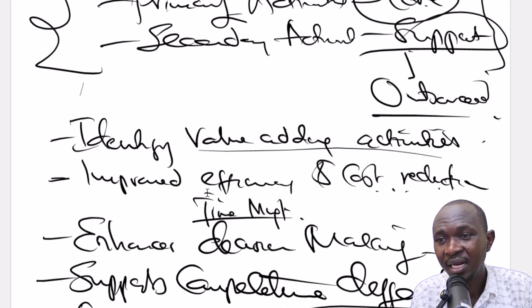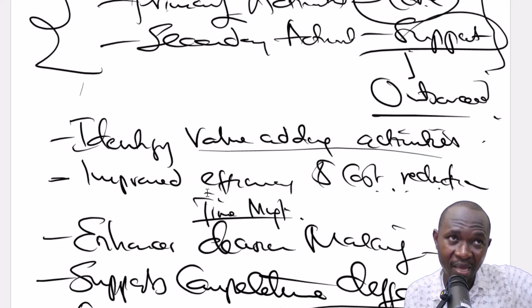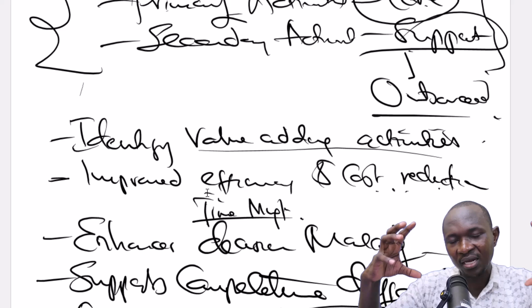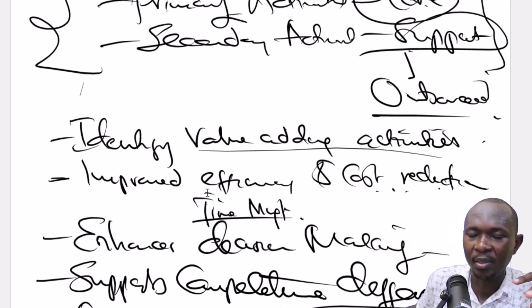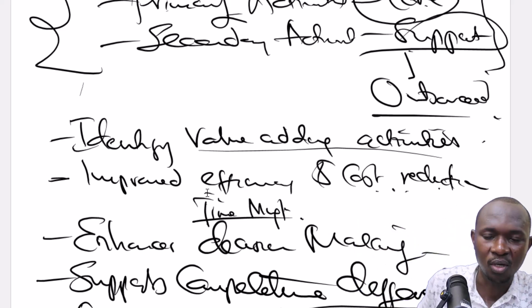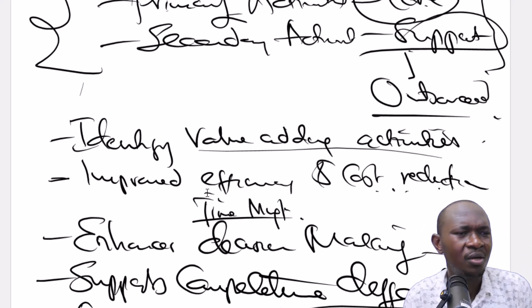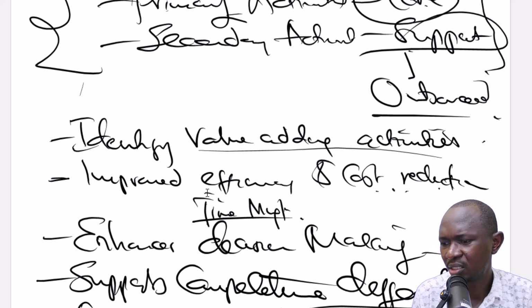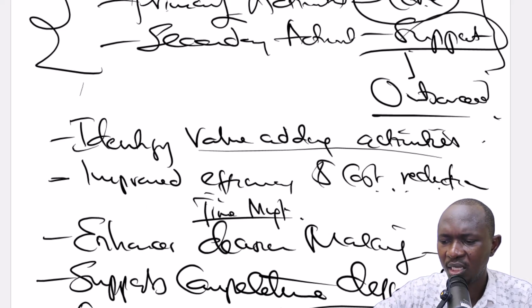Value chain analysis helps you to know the core primary information and the secondary information. It's only the secondary information that you can play around with other people because it's not core to the organization. But the primary information, core to the organization, you can't afford to share with people. And so you maintain the secrets and pertinent information of the organization well within the organization premises.